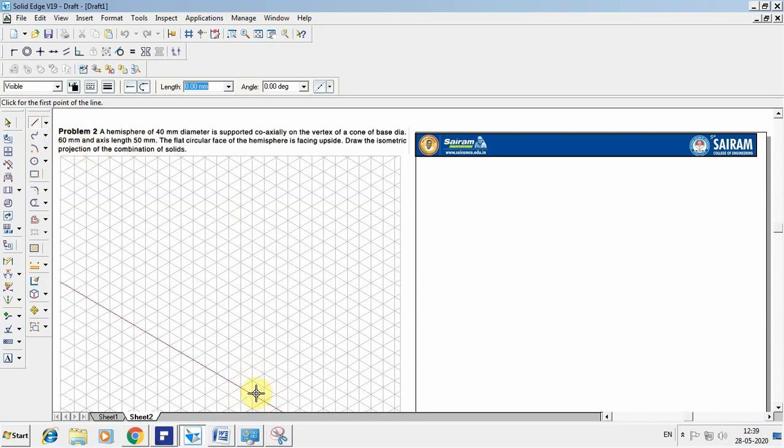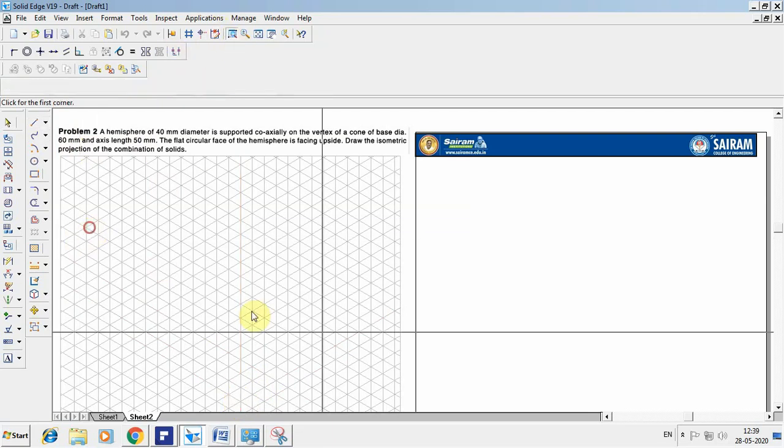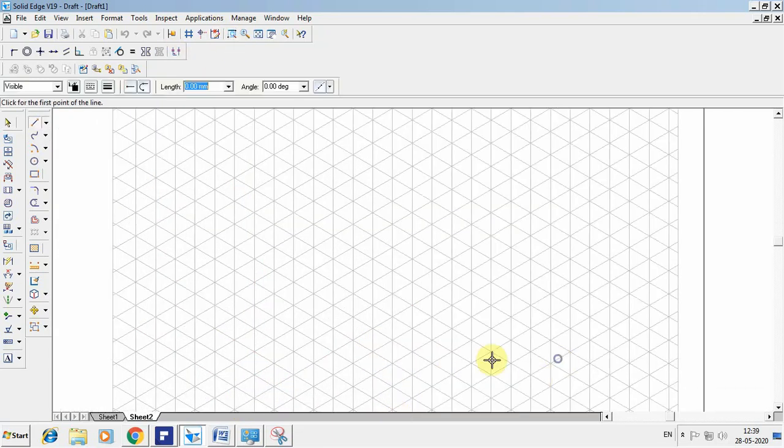So I want to select any one particular point on your sketch sheet. So you can zoom that. So from here I am going to take 60. So count the boxes, 3 and 3, 6. I am going to take again from here.